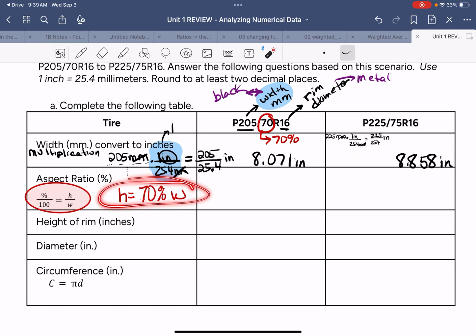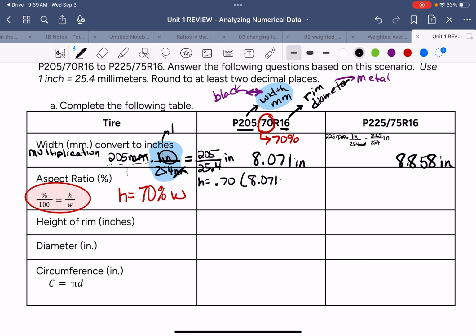So now this aspect ratio, again, you can do it like a proportion, or you could think about, you got 70% of the test right. How many questions, okay? So height is what we're looking for. The height is 70%, which is 0.70, times the width, which is 8.071. And I'm going to go ahead and write the inches, that I know my answer is going to be in. So I've got 0.7 times 8.071, 5.650